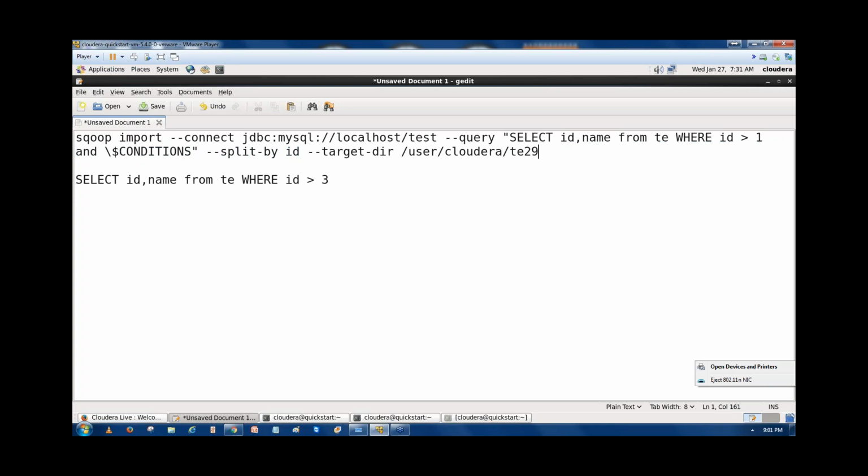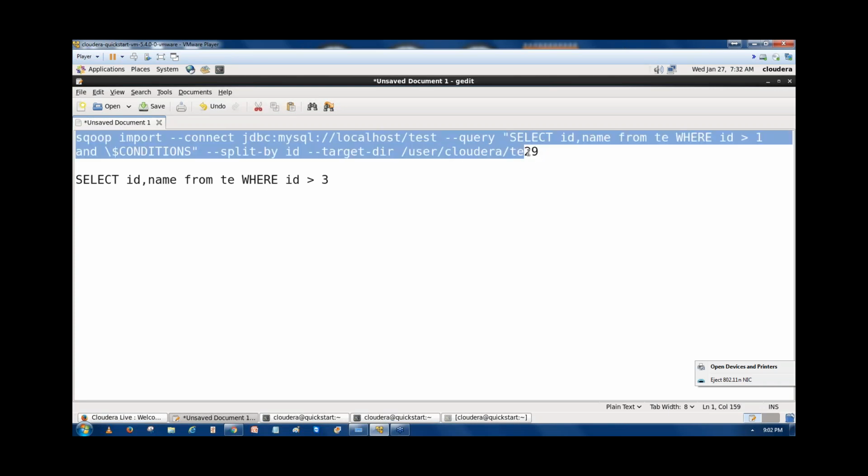So simple, right? Just as usual in Sqoop, write the connection string, and then take one parameter, query. For this parameter, write the MySQL query, the condition, which query you want to evaluate. After writing the query, at the end, this is not changeable. For every query, whatever the query is, you have to write this parameter as it is. And after writing the query, specify how you want to split the table. So write the split by id and where you want to import the data. I want to import the data to the directory t29. So run this command.